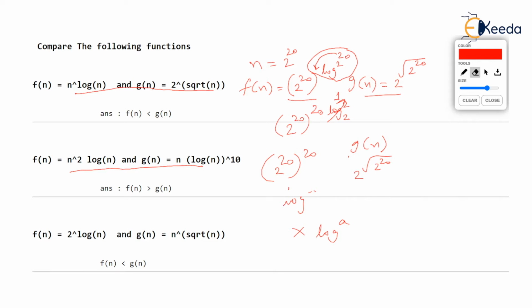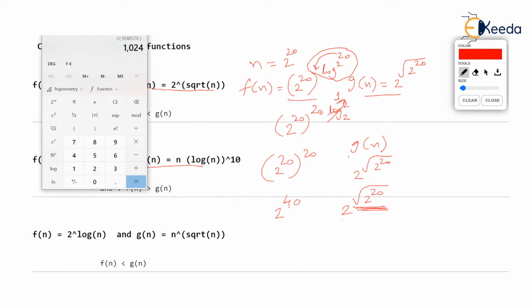Wait a minute, I'll just erase a few things. This left hand side becomes 2 raised to 40, 20 into 20, isn't it? And the right hand side becomes 2 raised to square root of 2 raised to 20. Now it is quite obvious. You can see that this is square root of 2 raised to 20. This will be very large value, isn't it? For instance, I went to the calculator and I found out that 2 raised to 20